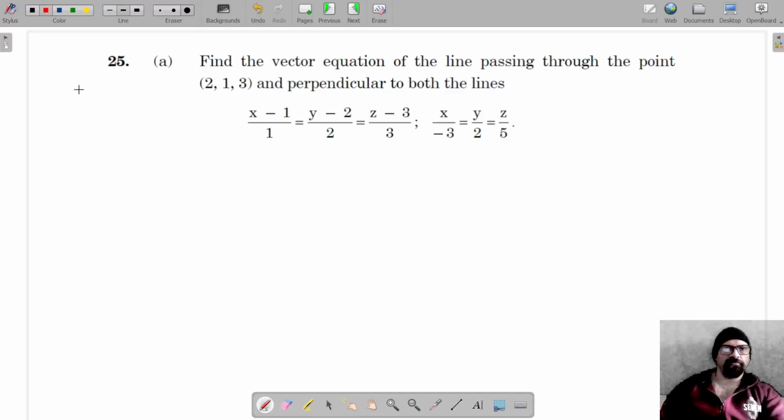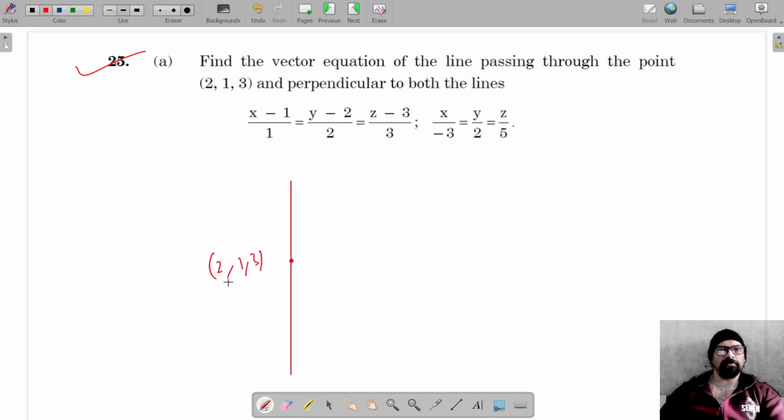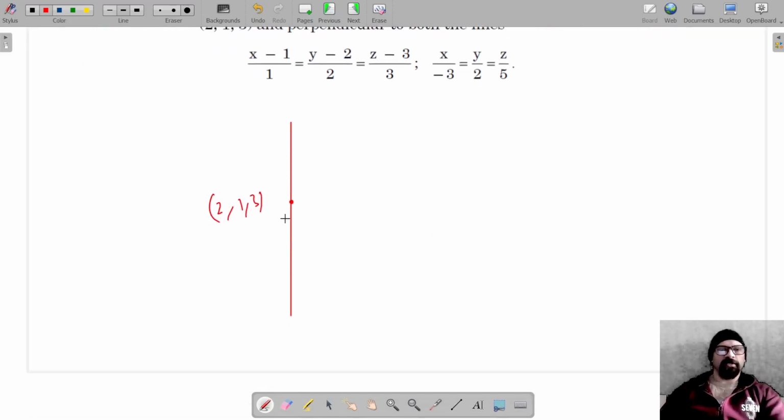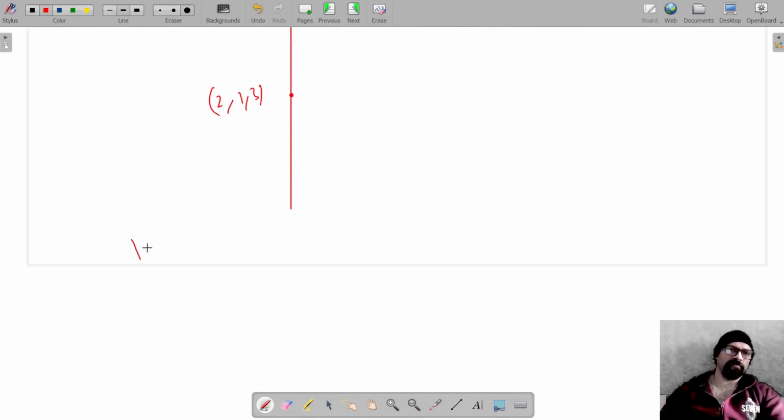Okay, for question number 25, part A, we have to find the vector equation of a line passing through the point 2, 1, 3 and perpendicular to two lines. So let's say this is a line which is passing through the point 2, 1, and 3. Now the vector equation of a line passing through a point is given by